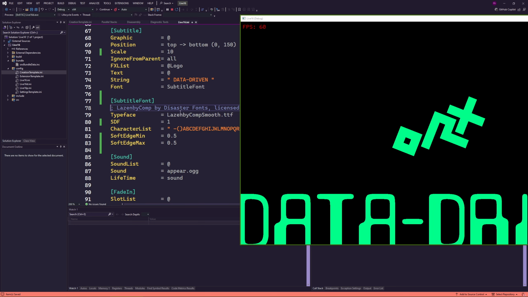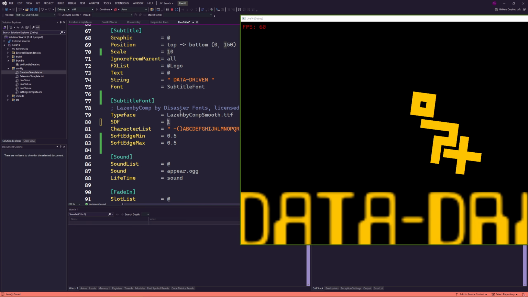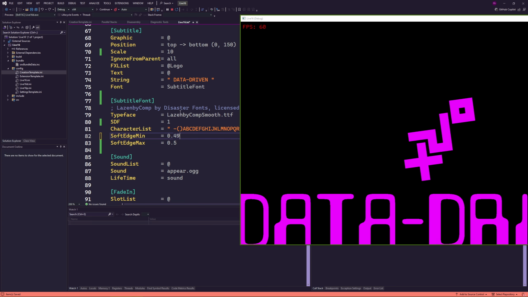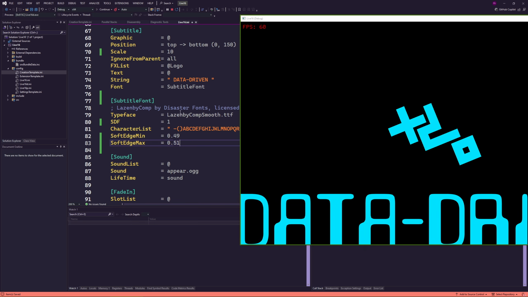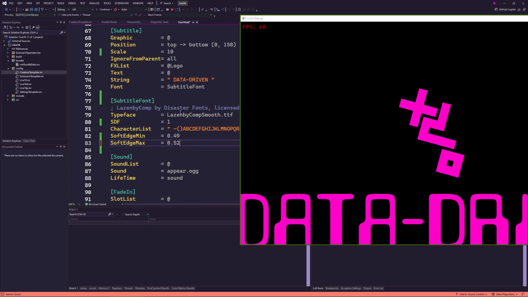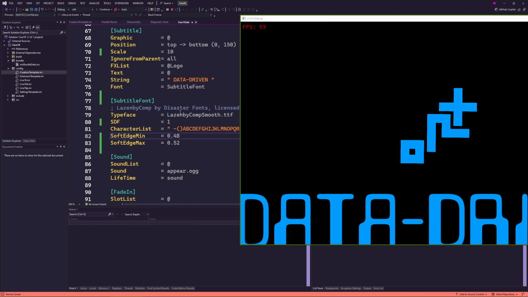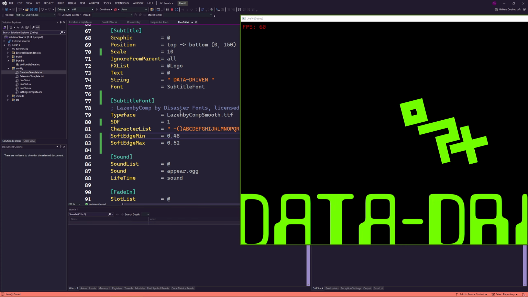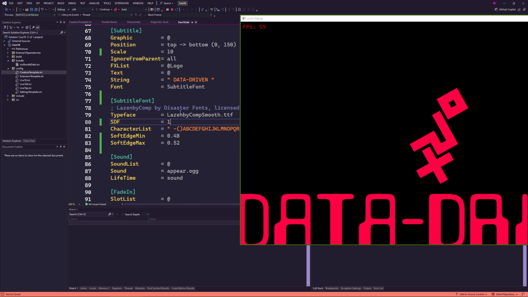Just to remind you, when it's not SDF, that's what we get for scaling 10 times. So SDF here is already a huge improvement. You can probably give a bit of fuzziness on the soft edge, that sounds like a good compromise, but you can play with the values. That looks pretty crisp, even though we scaled it 10 times. And it would work the same if we scale to 20, 50 times. That's one of the beauties of the signed distance field.